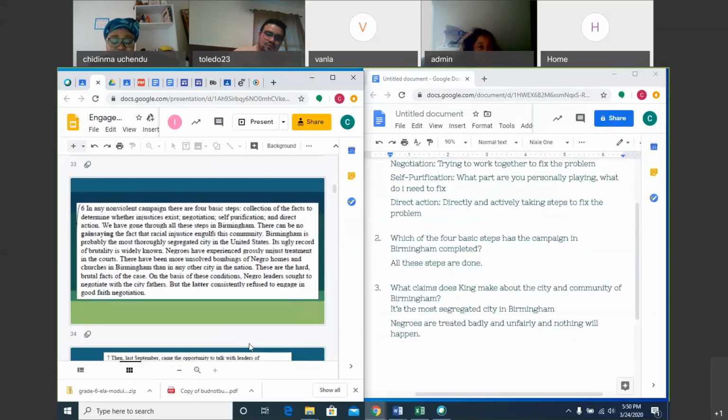Yeah, definitely, that's one of the examples, right? That's how he's supporting what he's saying. They're facts. Yep. That's the evidence to support that claim that Delania said, that they are treated badly and unfairly with nothing happening to those people, no consequences, right? Okay, everybody else, feel free to jump in. What else is another example?